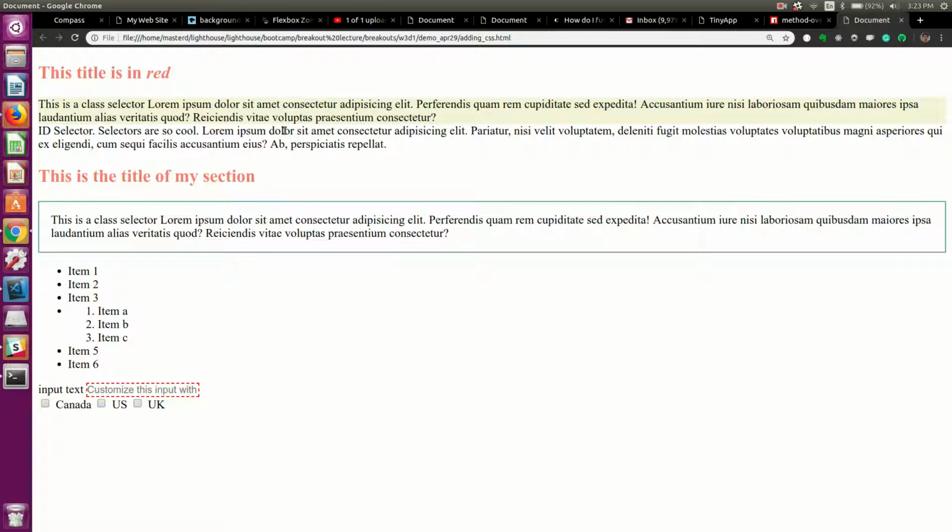Priority number one, inline. This is going to override pretty much everything. Priority number two, internal. Then, last priority, external. So, even though the external style sheet has a lesser priority, it's still more useful than the other two. Because